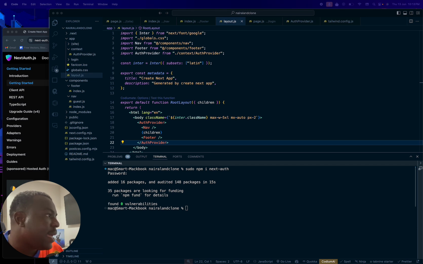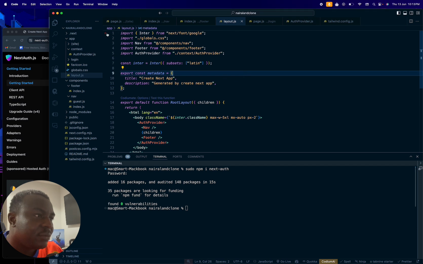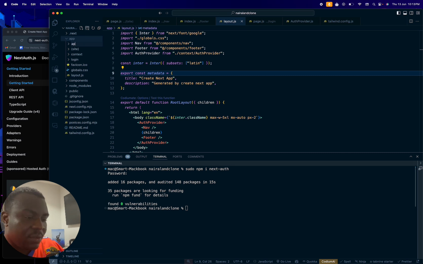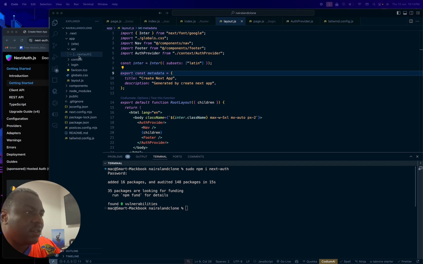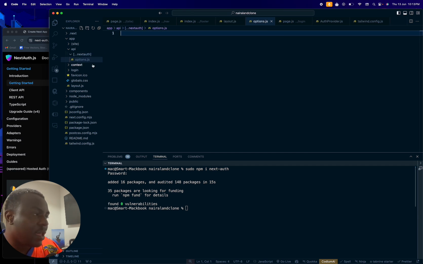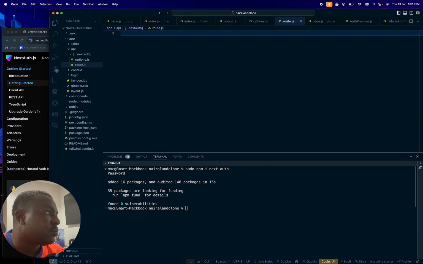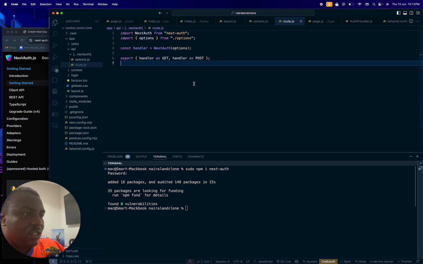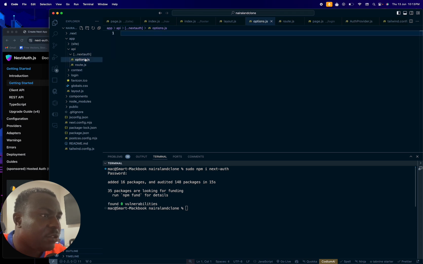Okay, then in our app directory, you're going to create something called api and create another folder here, next-auth. Okay, and in our next-auth, we're going to be creating two files: options.js, and route.js. In the route.js, we're just going to be putting this, and in the options.js,